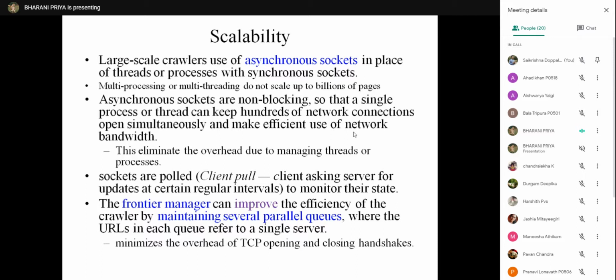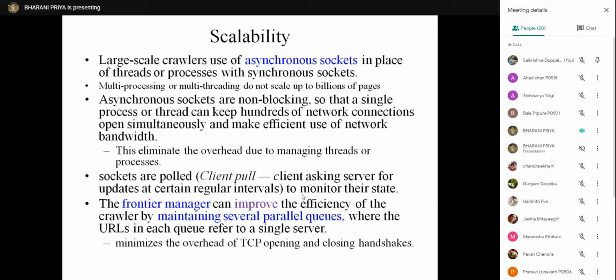Even while using asynchronous sockets, the efficiency can be improved by making use of more queues.